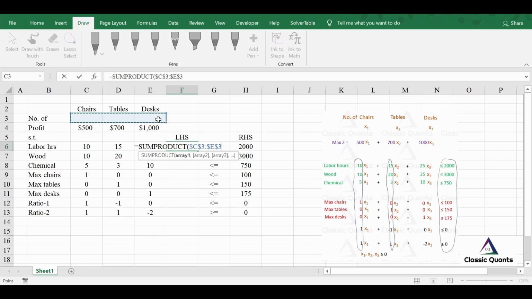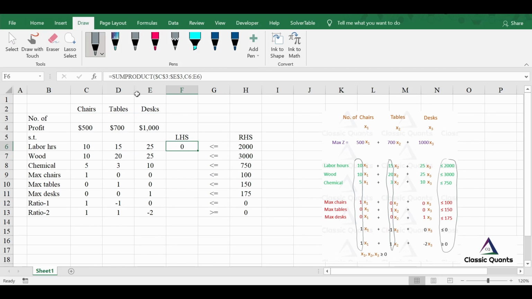So then you fix it. How to fix it? If you select this one and then press F4, then this will become fixed. What is fixed, that I will explain later on. And then this one.